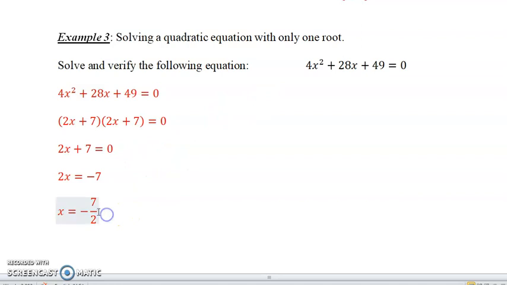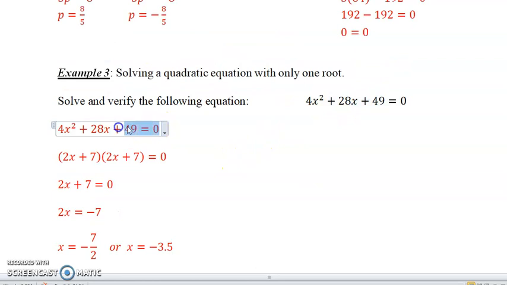Okay? And again, I don't mind this one, we can say this, or negative 3.5, because it is a terminating decimal. I know some of you like to have them as decimals. Again, if it is a terminating decimal, like in this case, that's okay. And verifying the solutions like we did yesterday, to verify, take the original,